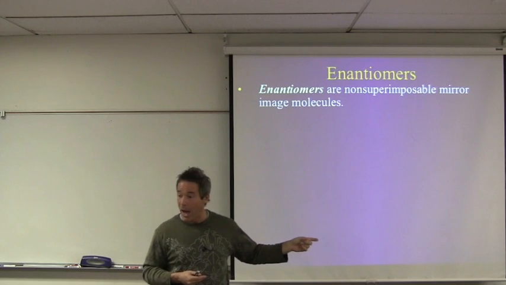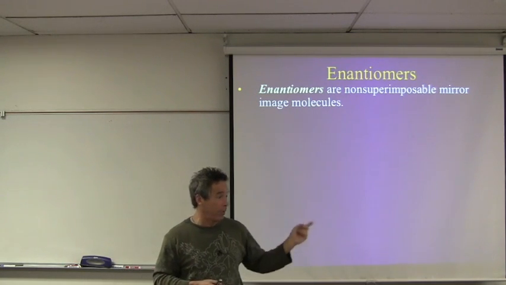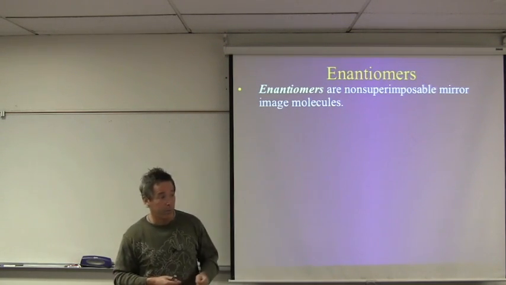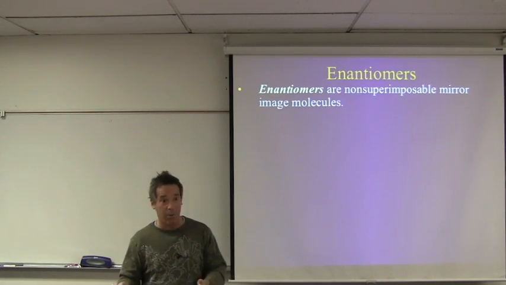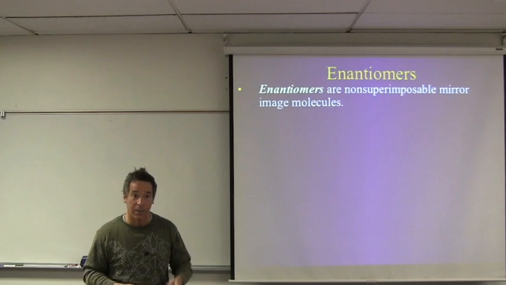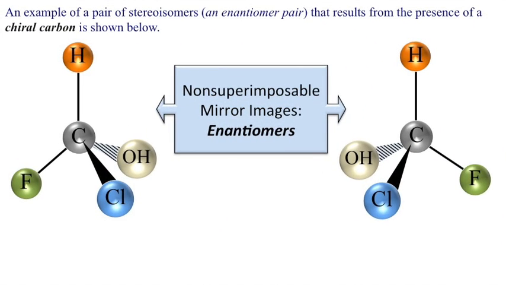Enzymes are involved in those reactions, and enzymes are stereospecific. They only make one particular isomer. They only make the D isomer. Guess which isomer we're able to metabolize in glycolysis? D-glucose, yes. You're looking at an example of a pair of stereoisomers, an enantiomer pair, that results from the presence